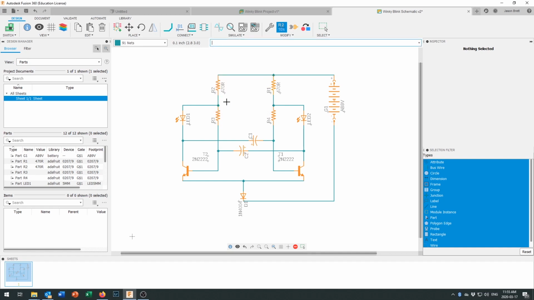Nothing magical about the value of 470. It's just a fairly standard resistor that will throttle the amount of current flowing through the LED right here. Down here, we're going to make these a 56K resistor. If you want it to blink more slowly, use a higher value. And if you want it to blink more rapidly, use a lower value right here. You don't have to use the same value on both sides, but just for standardization, we'll make both of them